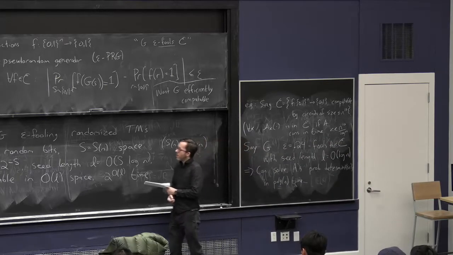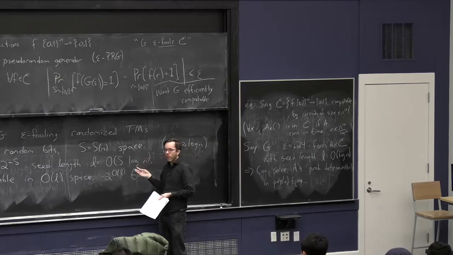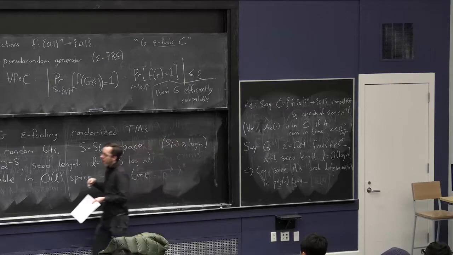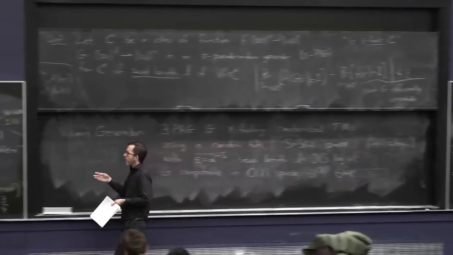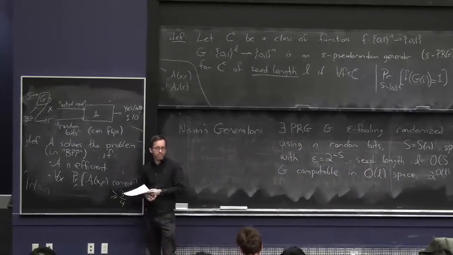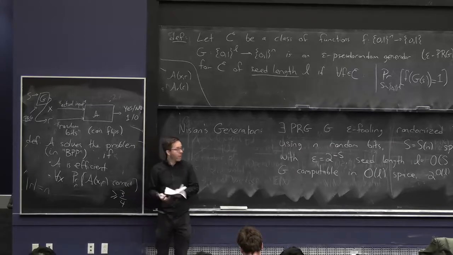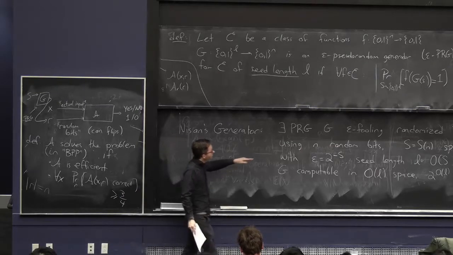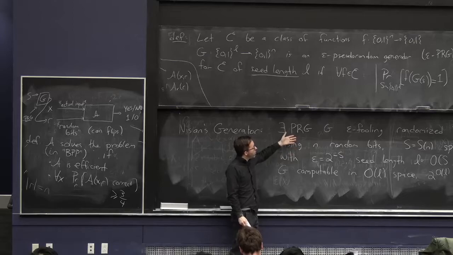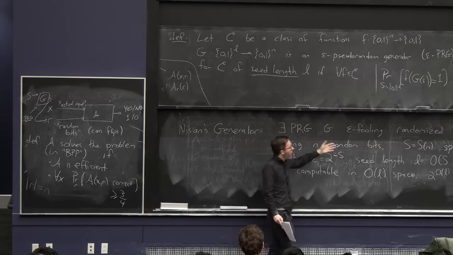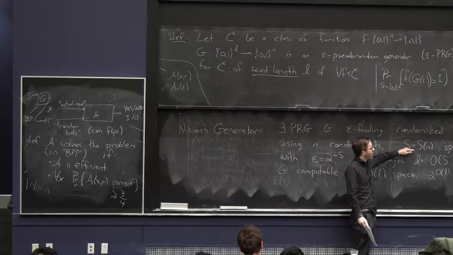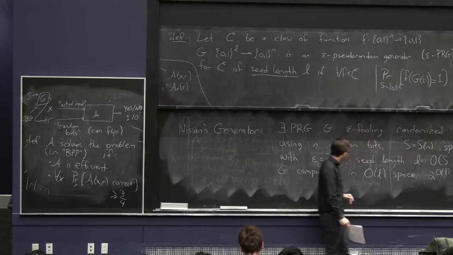And it's a pseudo-random generator, which is pretty good at fooling not polynomial time algorithms, but space-bounded algorithms. So if you're interested in developing a good pseudo-random generator which is good against all algorithms that use S of n space, rather than some time bound,